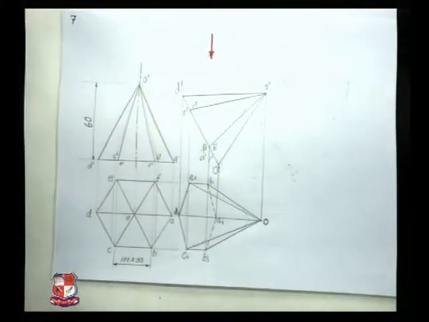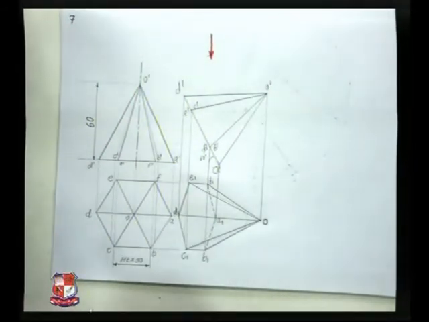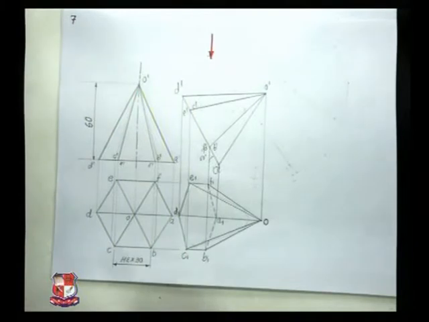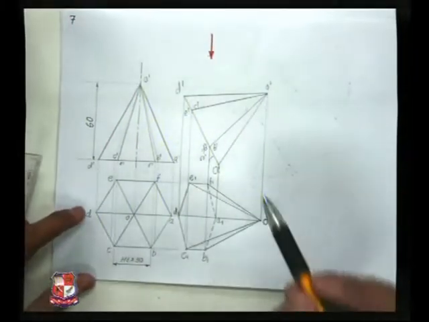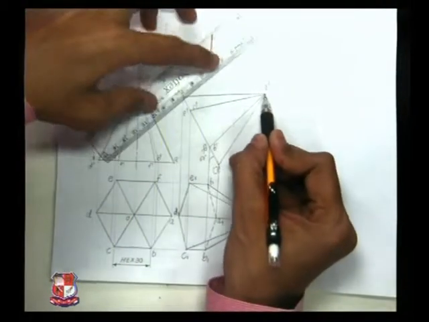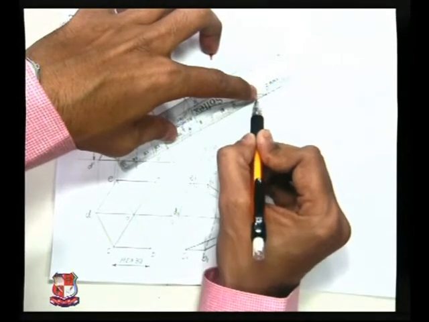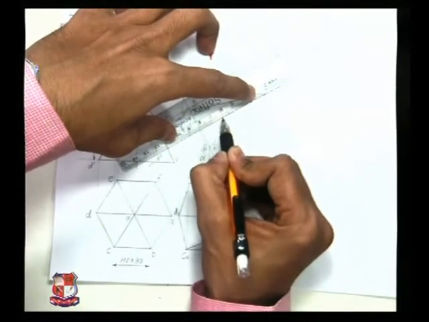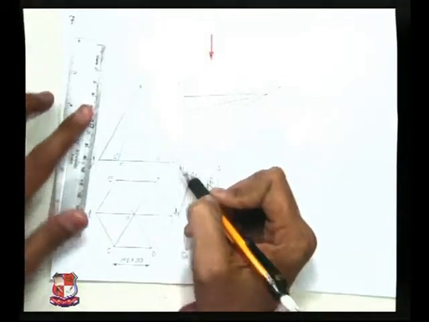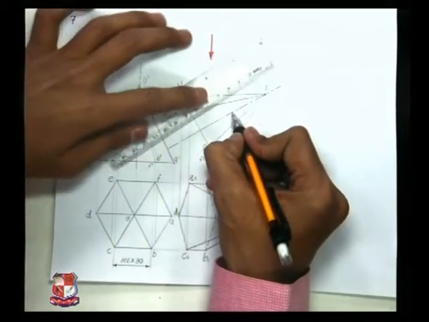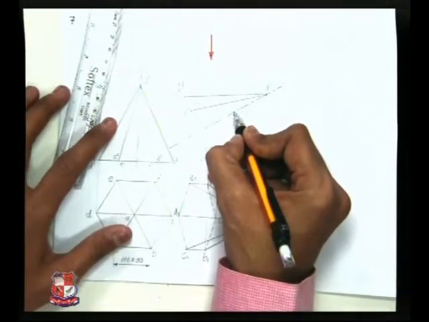Now the next step is to draw the section of this solid. So for that, think about the given data. Here it is given that the cutting plane bisecting the axis and parallel to HP. It bisects the axis. So first we have to draw here axis and find out the midpoint of the axis, as it is given that the cutting plane bisects the axis. So midpoint is somewhere here. The total height is known to us, that is 60 mm. So at 30 mm distance, midpoint would be there.